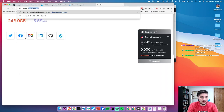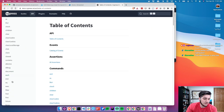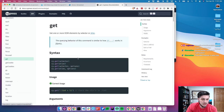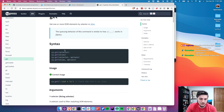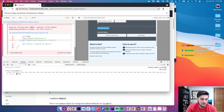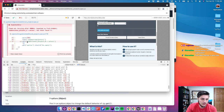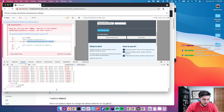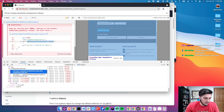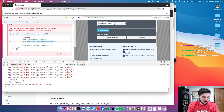So let's go look at the docs and see what is going on here. So API, commands. We have get. The querying behavior for this command is similar to how it works in jQuery, which is why I'm so confused that it's not working. So if we change the frame here to your app. Oh, that's cool that they actually give names. You can see like your app, your spec. So your app, if we did document.querySelectorAll, we pasted this, we would get back an empty